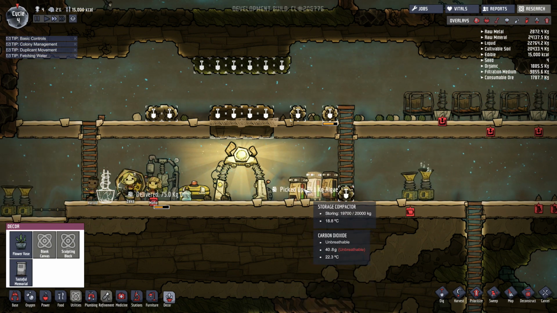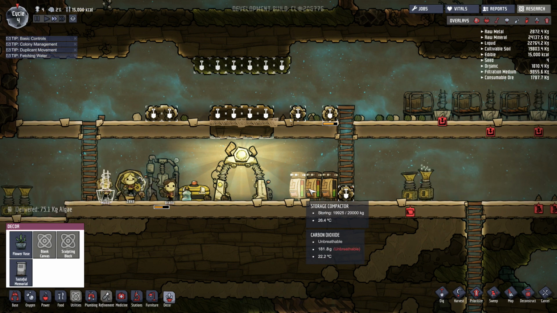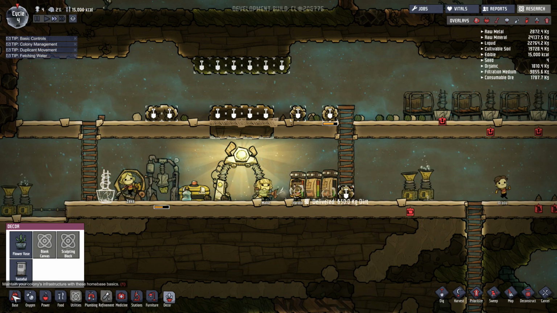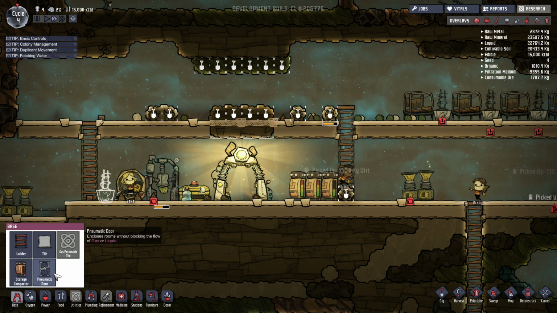Alright, so they're stashing everything in here. This one's pretty full. This one's nice and low still, so we still have storage room there. But I think I'm going to build one more just in case. If we run into more materials, I don't want to...